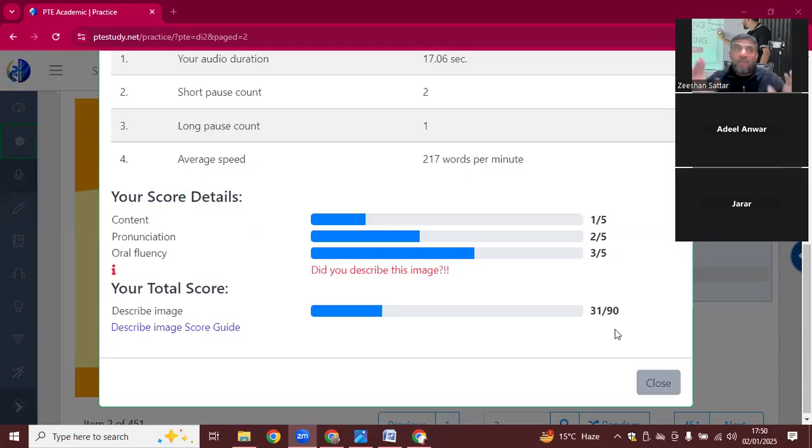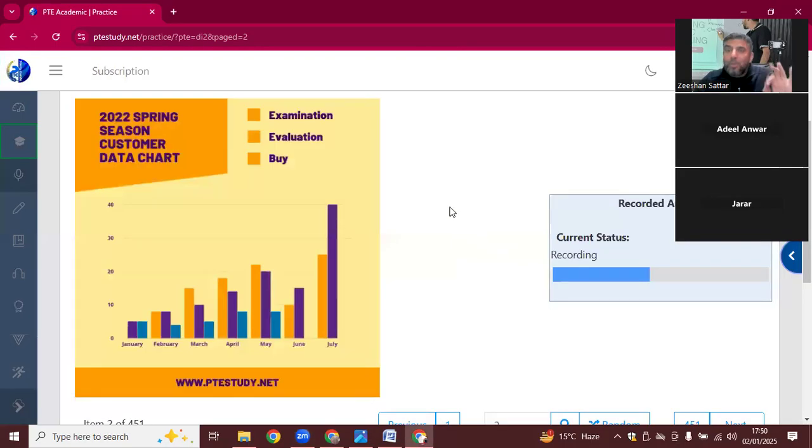We performed everything, but we could not get the number. What I told you, the best way is to make the introduction, explanation, and conclusion of the picture. And please do not use the template. Yes, start, say the image is about, or the picture is about, say the title. And the picture contains the information about, and then complete the whole thing at the end, say that I can also see, overall the picture is very informative.